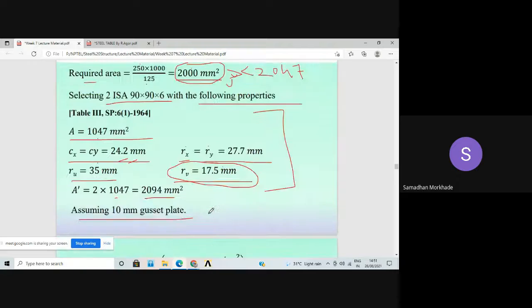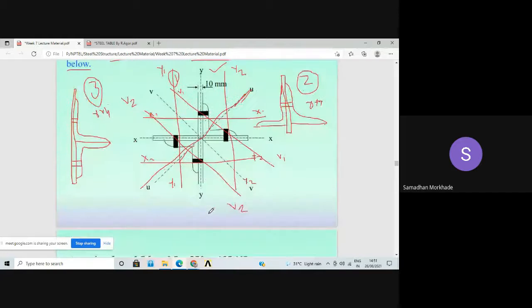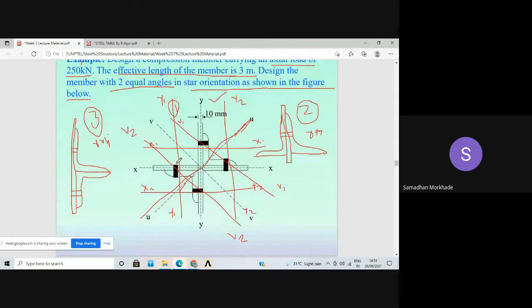If now you see, in one problem I am going to cover all the cases. If you design the section like this, in this case you have to calculate IXX and IYY. In this case, I think the RXX for single angle sections will become minimum, equal to IXX for the double angle sections. Whereas if you place your double angle section like this, the situation will be different.